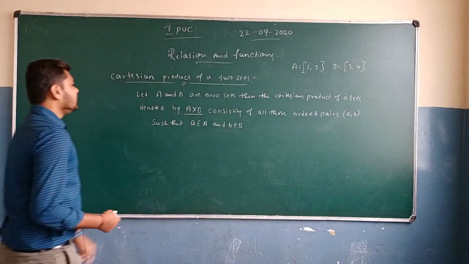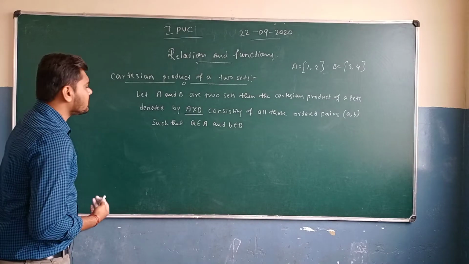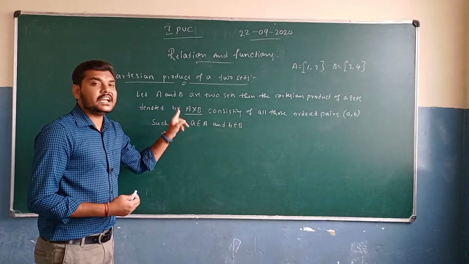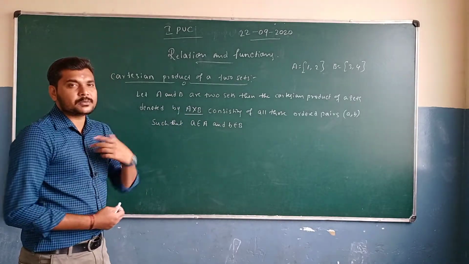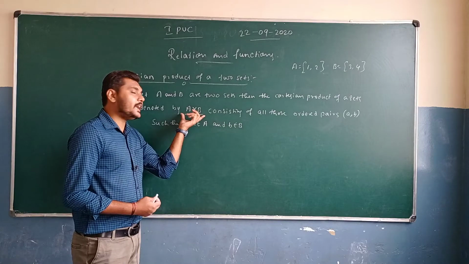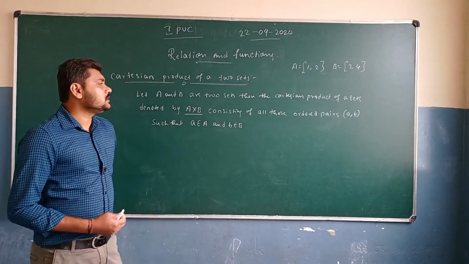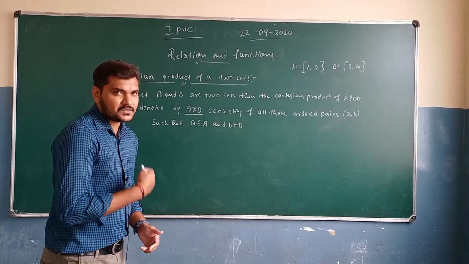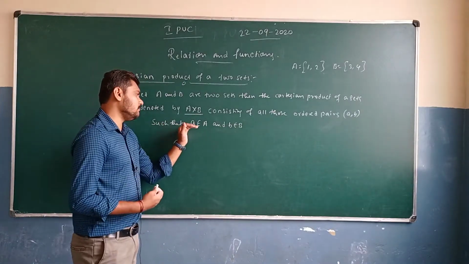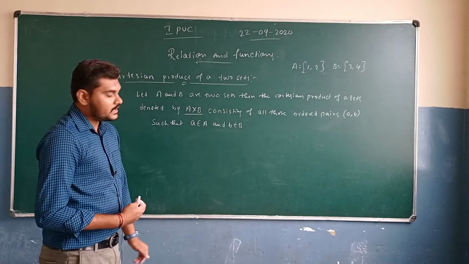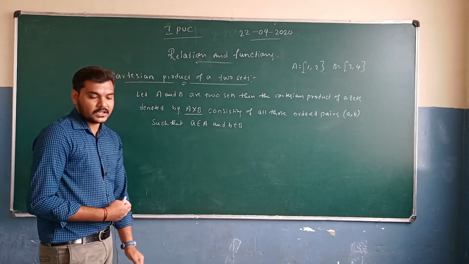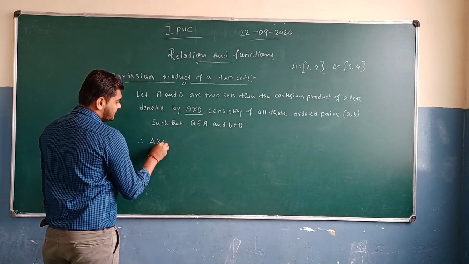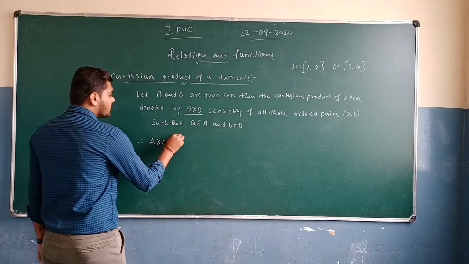So pay attention. Let A and B be two sets. Then the Cartesian product of the sets is denoted by A cross B. We pronounce this Cartesian product as A cross B. It consists of all those ordered pairs (a, b) such that a belongs to A and b belongs to B. So therefore we can write A cross B is equal to